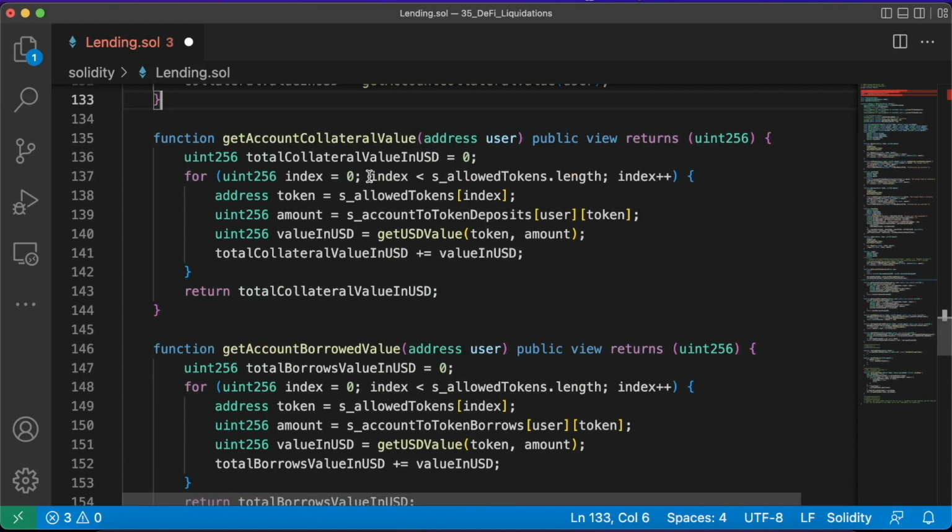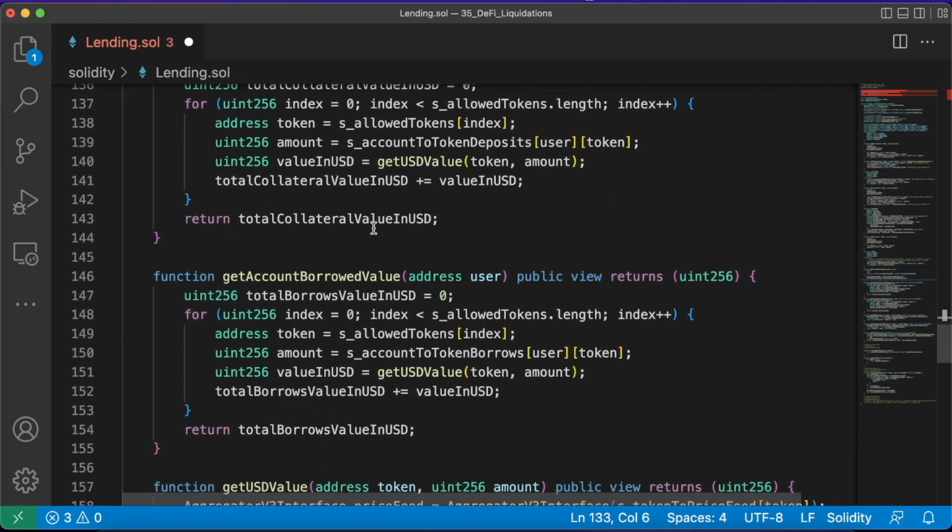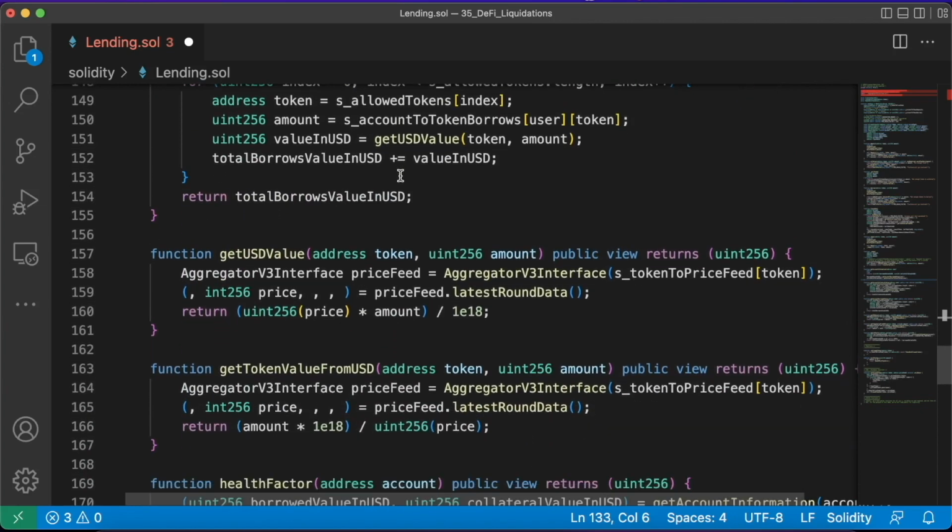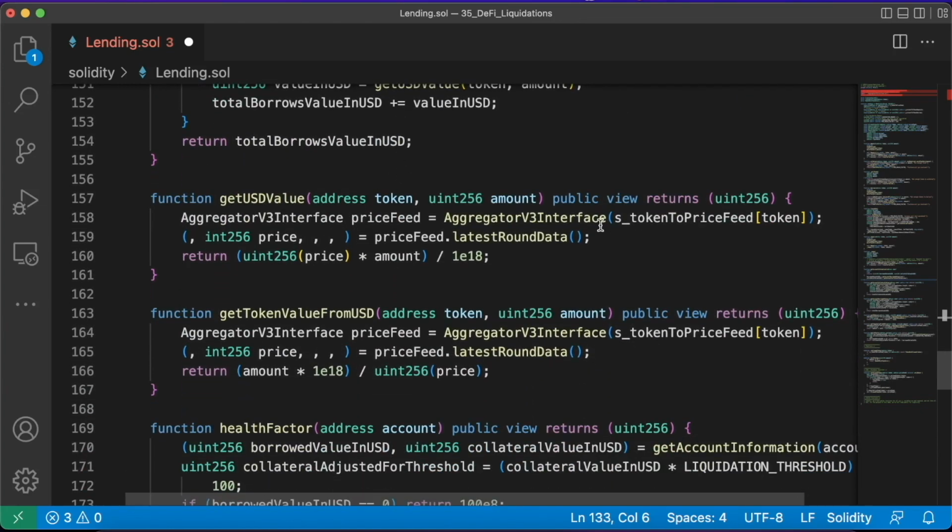This is just iterating through all the allowed tokens in the allowed token array. For getting the USD value, what we are doing is getting the price from the token to price feed mapping that we have declared above. Remember that we have to register a price feed for each of the allowed tokens, and that will give us the contract that we are calling to get the price. This is just mocked, and in a real scenario, that would store the address of a Chainlink price